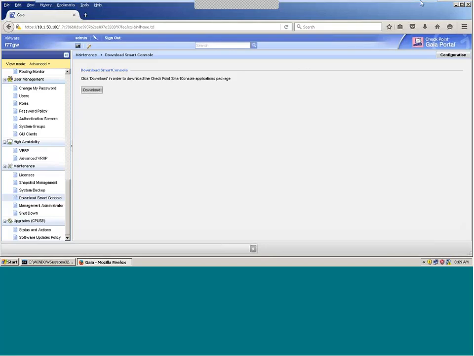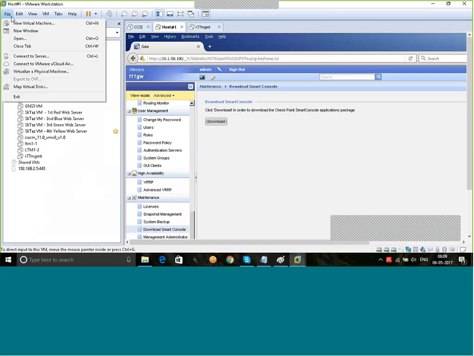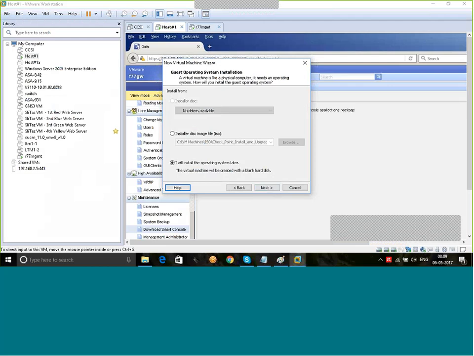So what we have to do is go for one more virtual machine with the gateway module being enabled. We know how to create a new virtual machine, so I'm not going to explain it. I'm just going with